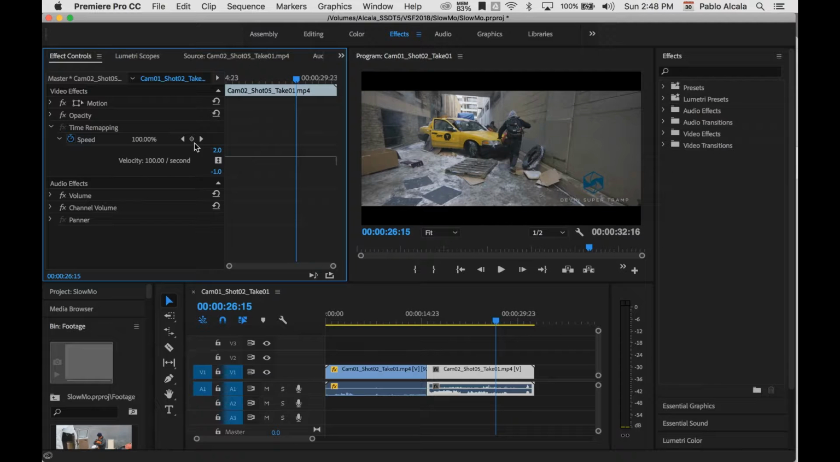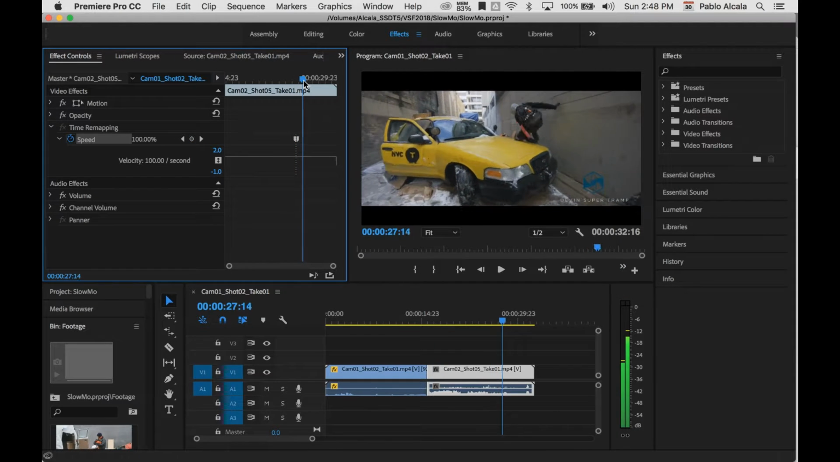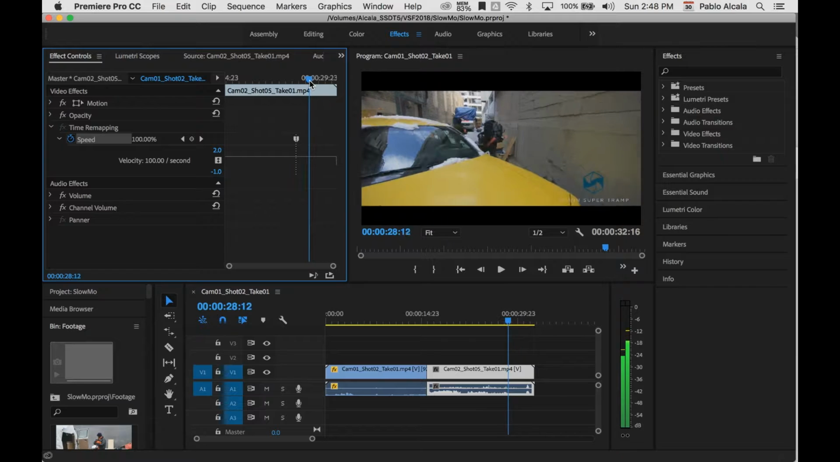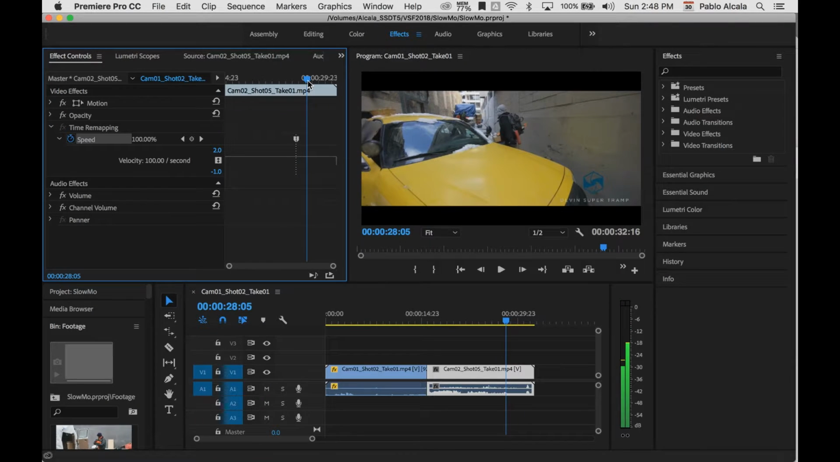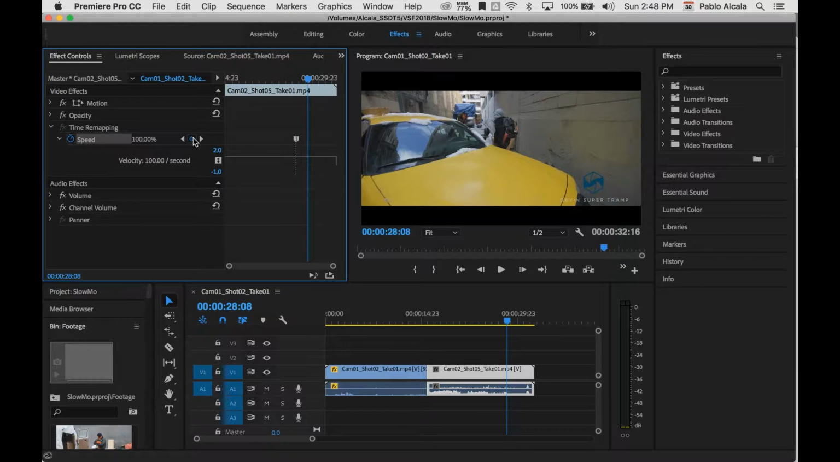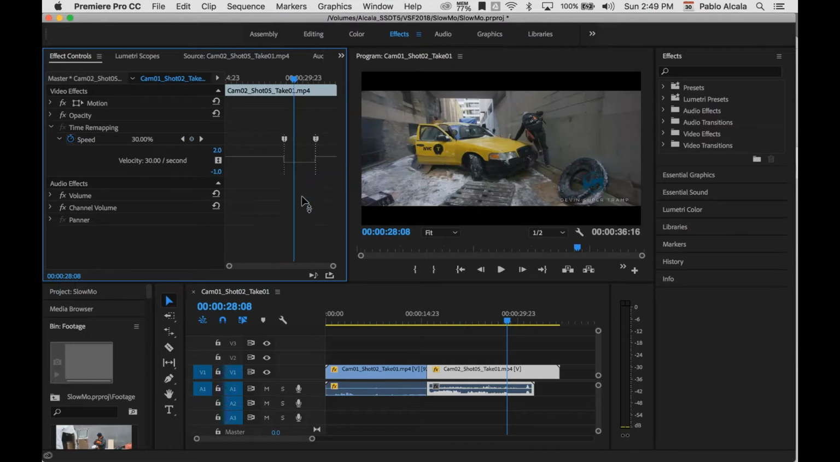So we're going to drop a keyframe, and this basically is just saying from this point up until this point here, drop another keyframe. We want to slow that down. So I'm going to grab the line here and just bring that down from 100% to 30%. And if you notice down here,